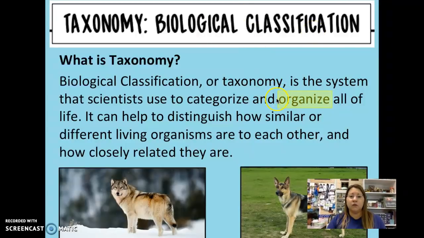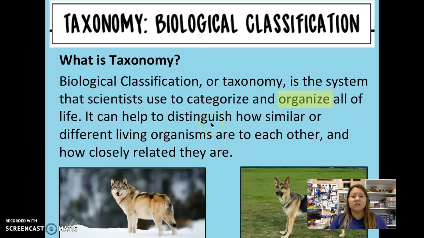be looking at. So it's helpful for scientists to organize these living organisms to examine the similarities and differences and see how closely they are related to one another. So biological classification, bio means life, and taxonomy is looking at similarities and differences and seeing how closely related organisms